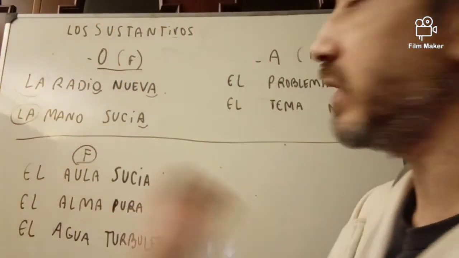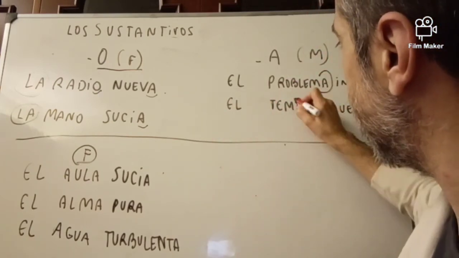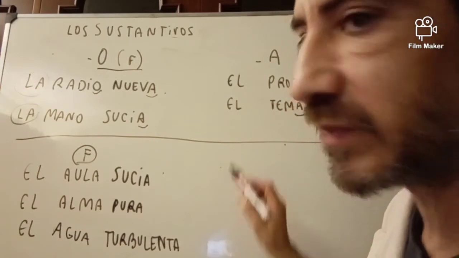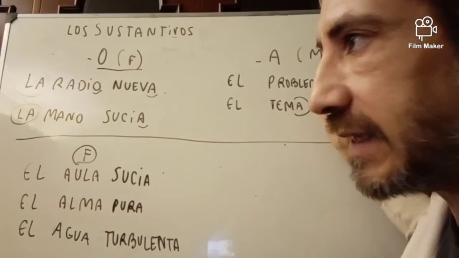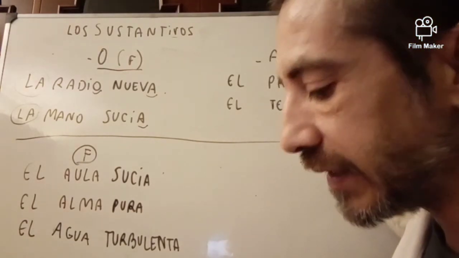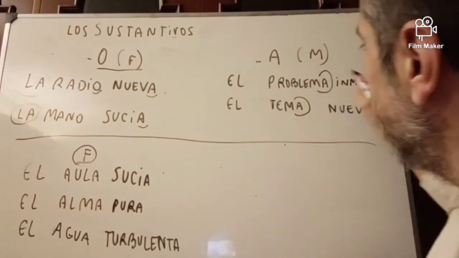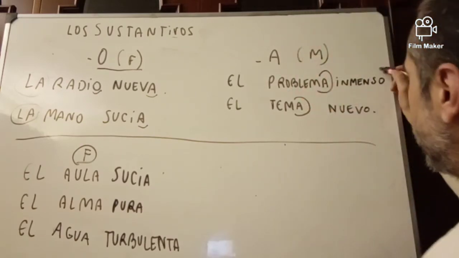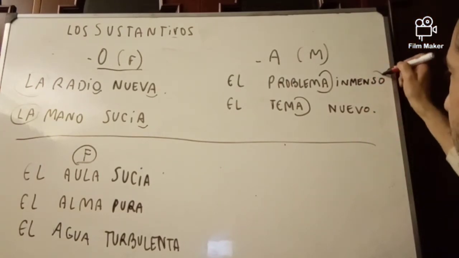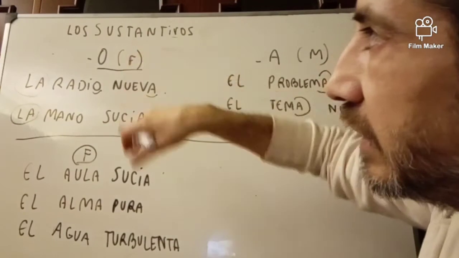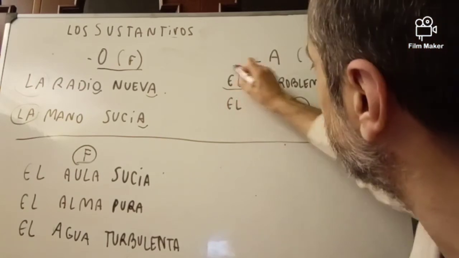The same here, but the other way around. The problem: we don't say la problema because it ends with a, but we say el problema. I mean, one could think, why not la problema if it ends with a? But those are exceptions to that rule. El problema, and as it's masculine, the adjective has to take the masculine form. The huge problem, the immense, el problema inmenso. The huge wall, la pared inmensa. But here we say inmenso because problema is masculine.